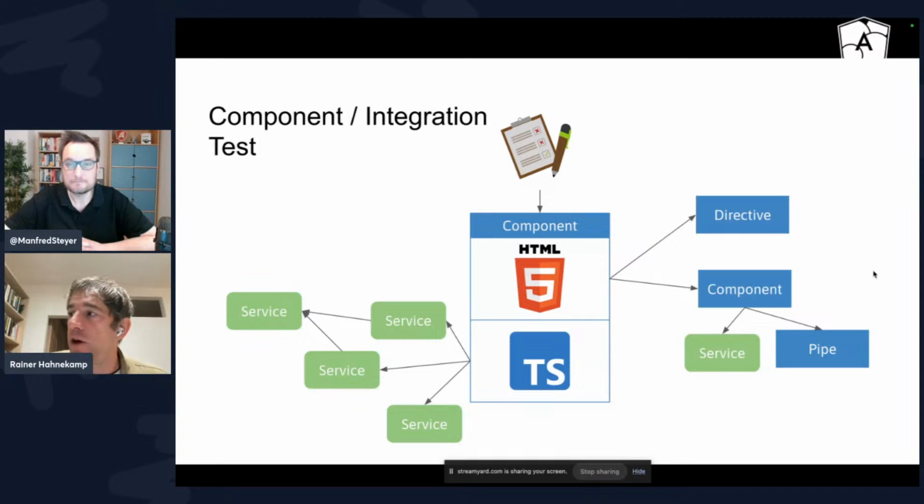So if I have an OAuth2 library which I'm using, and it's used because my component needs to know what the current user is, then of course I will also mock that kind of user service, or however you call it, together with the HTTP client. But the user service, it's important, but it's not really the thing that I want to test when I talk about a certain feature. This is what I mean, that you have to be a little bit selective when you have a larger application. But in general, the tendency is that you try to add as much as you can to your component and test it like this.